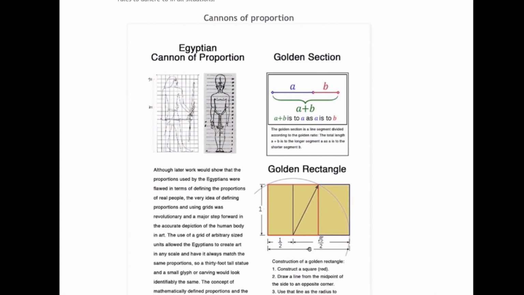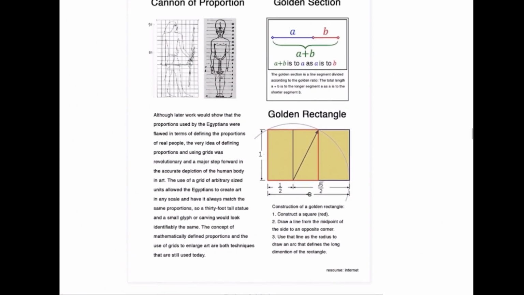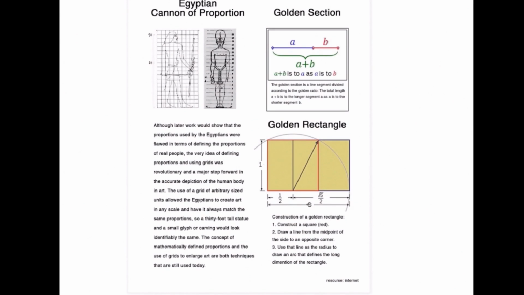But we can also look at canons of proportion where, on the upper left on the grid, you're going to see these figures of Egyptian canon proportion. They looked at that as their ideal beauty, okay? They were looking at that proportion. Now the golden section and the golden rectangle is a mathematical way to approach this. But again, this came out in a classic period. It began in a classic period of